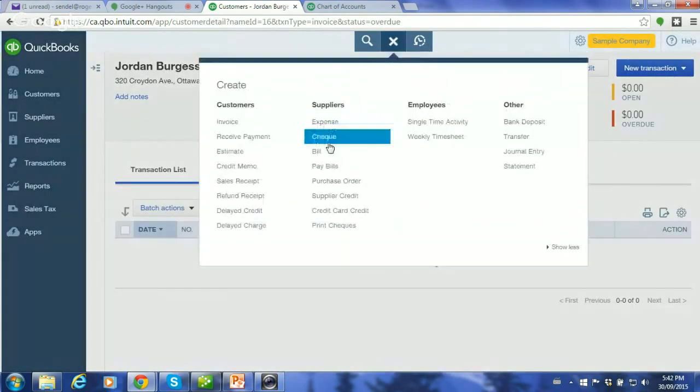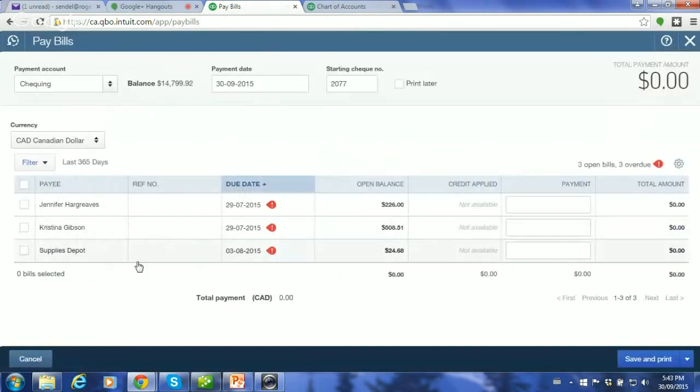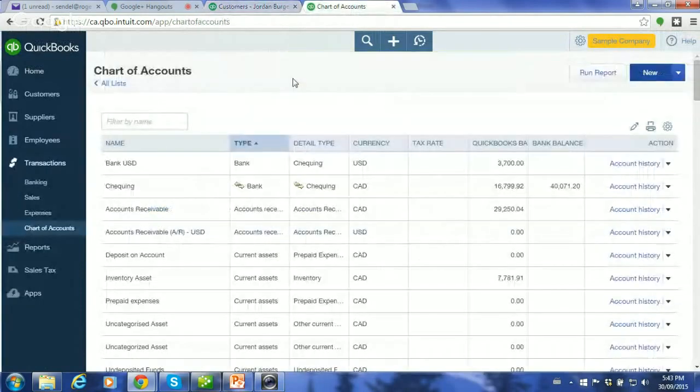You're going to go here and say, I want to pay that bill now. And the bill is going to show up under that person's name. You're going to pay it in full. However, if I pay it in full out of the bank, wait a minute, I've already made the payments for the bank. So what do I do now? That's the question. And the way we recommend handling it is, again, let's go back to our chart of accounts.